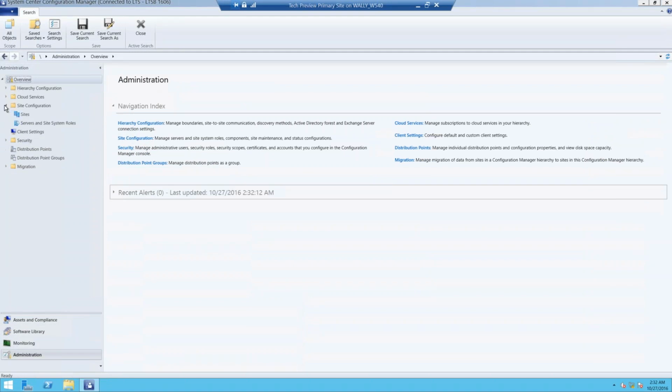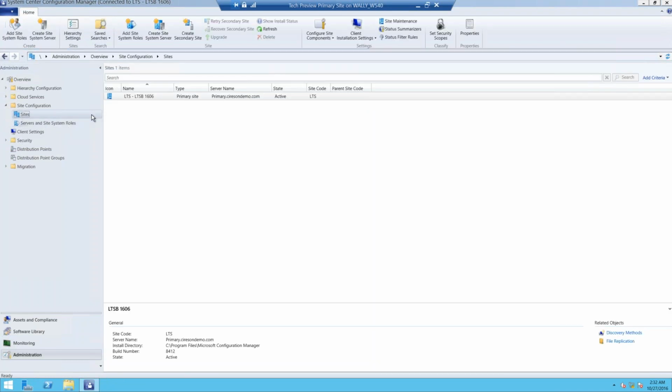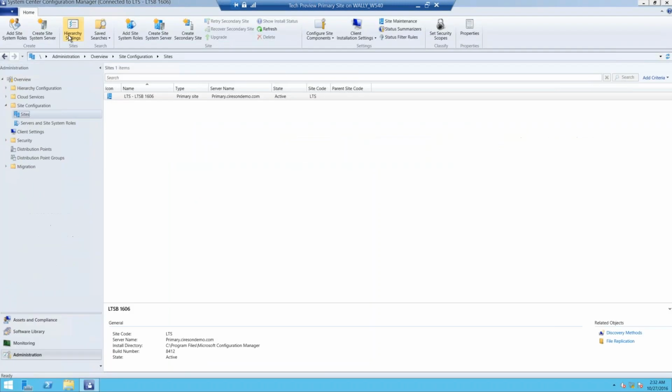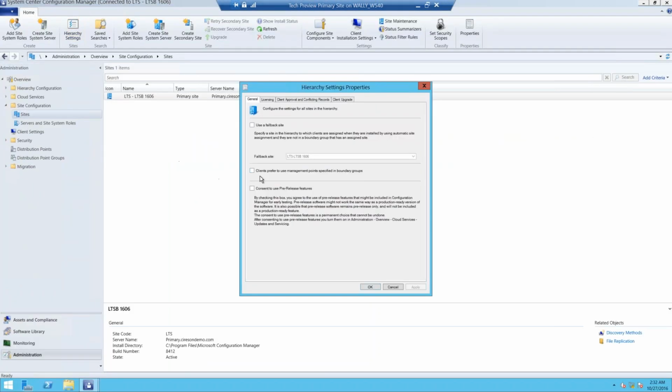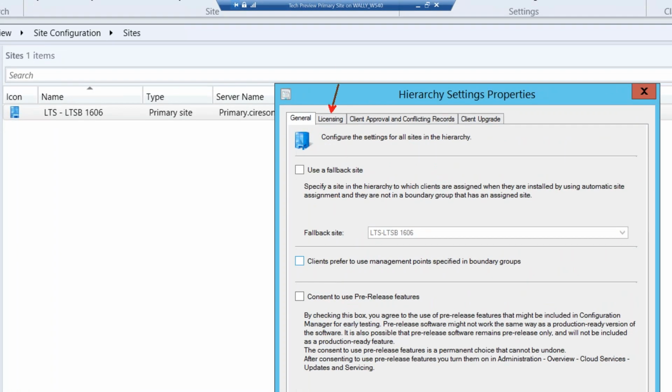expand site configuration, click on the sites node, and then go to the hierarchy settings. So up on the ribbon, you have this action here called hierarchy settings. Go ahead and click on that. This brings up your hierarchy settings, and there's a new tab in 1606 called licensing. So you go to the licensing tab,